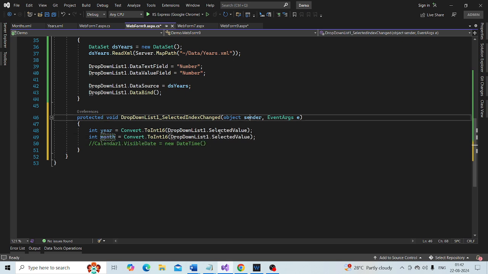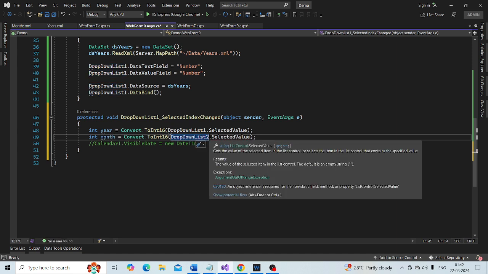And it should be drop down list 2. So let's change the variable name to month.